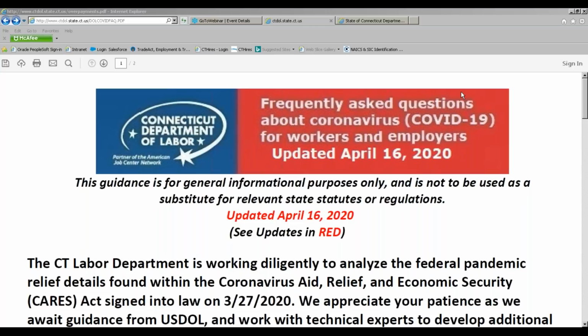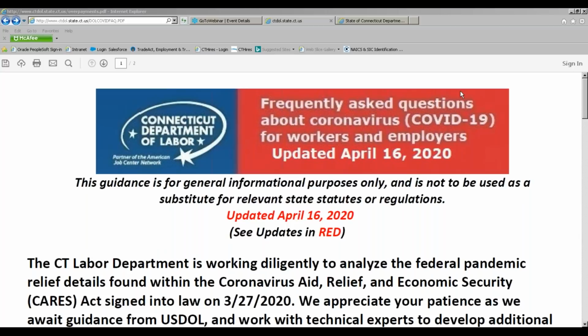I understand your American Job Centers are closed to the public at this time. When they reopen, if I'm required to go into a job center for a service, but I feel uncomfortable due to the COVID situation, how do you address that issue? It's a very good question, Sue. We have heard that before.